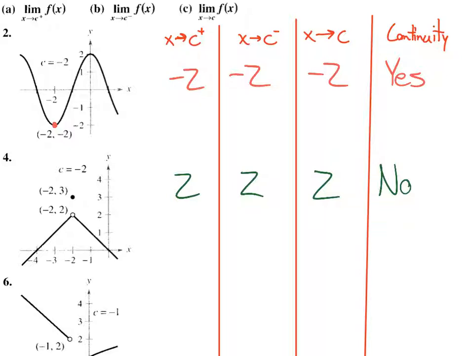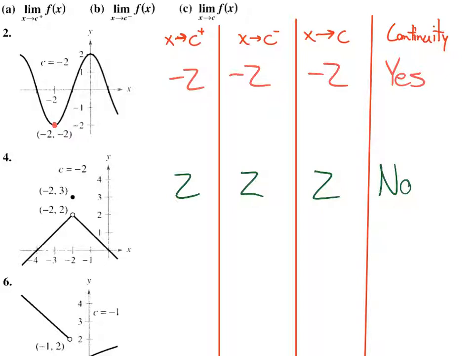If it's the same approaching from the negative and positive, then what? Then it has the same limit. It'll have the same limit, okay. If the limit doesn't equal the actual function at that point, then it's not continuous. Okay, there's the connection between the limits and continuity, and we'll look at the formal definition of this later, but